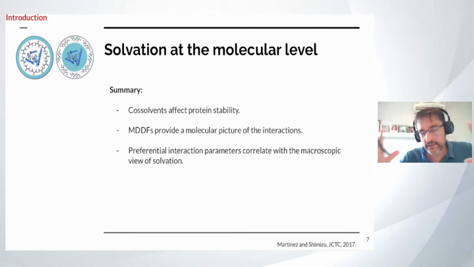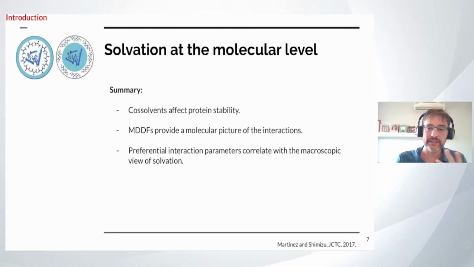So this is the summary of the methods that we are using. The systems consist of a protein or a complex macromolecule in a mixture of solvents. These solvents and co-solvents can promote protein stabilization or protein denaturation. We use these minimum distance distribution functions to obtain a molecular picture of the interactions at a surface level, which